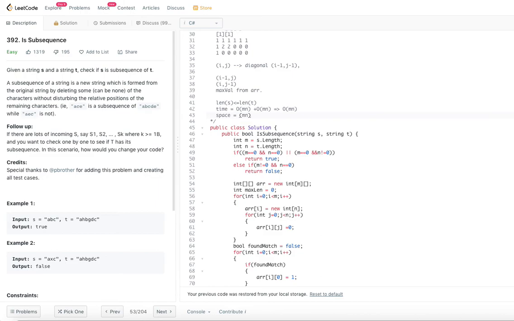So we have gone through a couple of approaches. In the first approach, the time complexity is order of maximum of s and t, which we said, normally t's length will be more than s's length, that's why we will say order of length of t. If you were to talk in m and n, it will be order of m for the first approach, and the space complexity was order of 1. But for the second one, the time complexity is order of m by n and space complexity is also order of m by n.